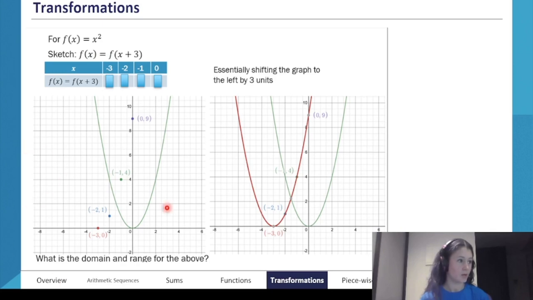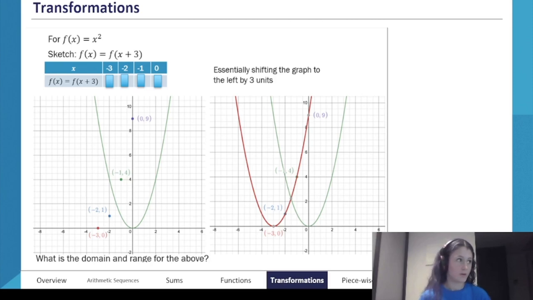Looking at our regular function here, if we add 3 in with the x, it is going to be shifted left by 3 units. And that's because if you have a think about what that 3 is doing to the curve,